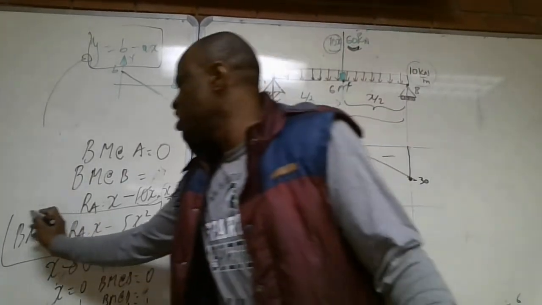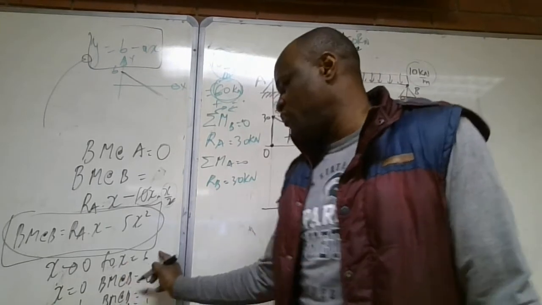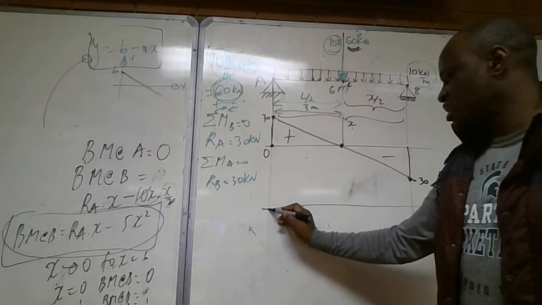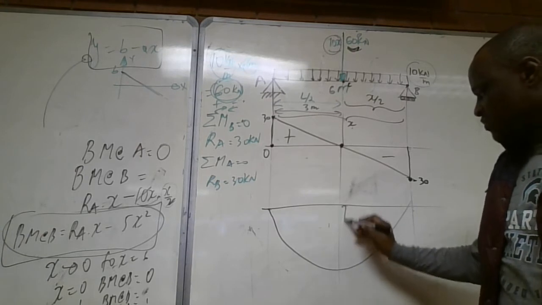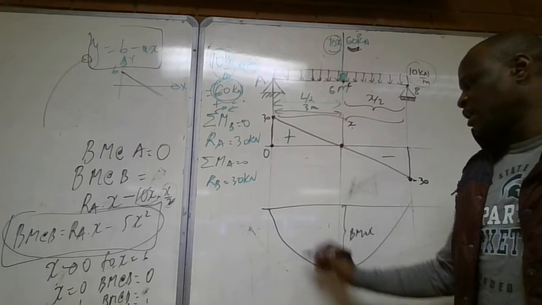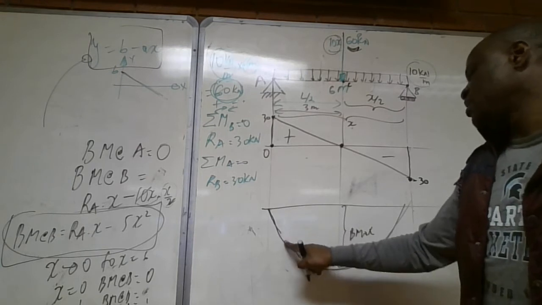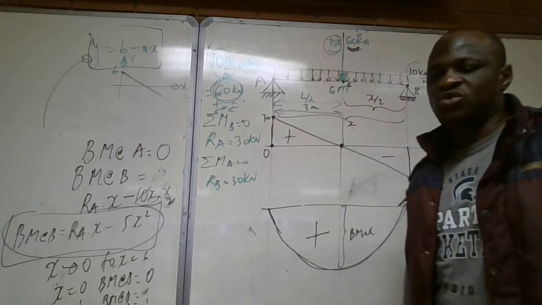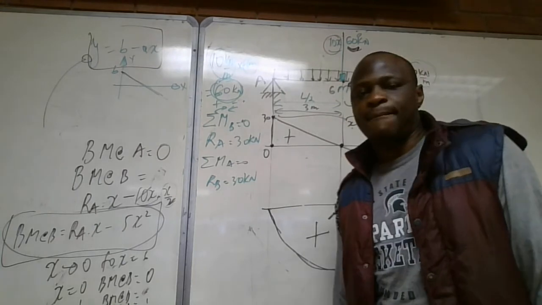And because this is a quadratic equation, with different values plotted from the beginning up to the end, it will give us a function like this. And this value will be the bending moment maximum. And because we put this graph below the 0 line, with positive values below the 0 line, we need to put the signs as well to mention that this is our bending moment diagram.